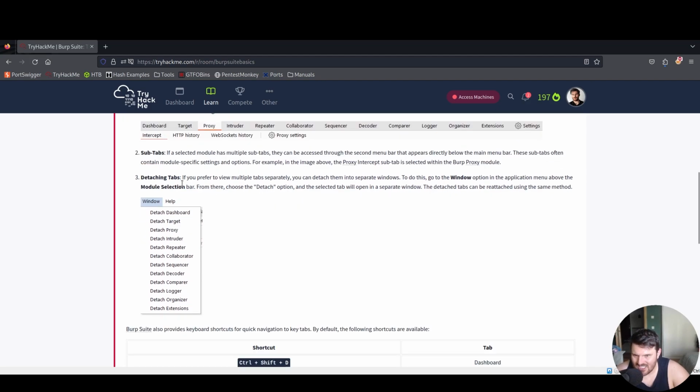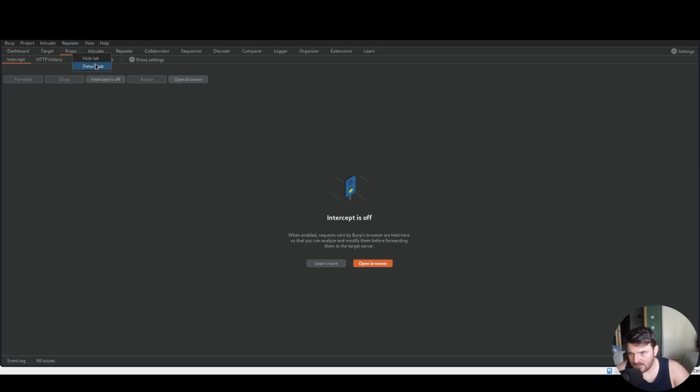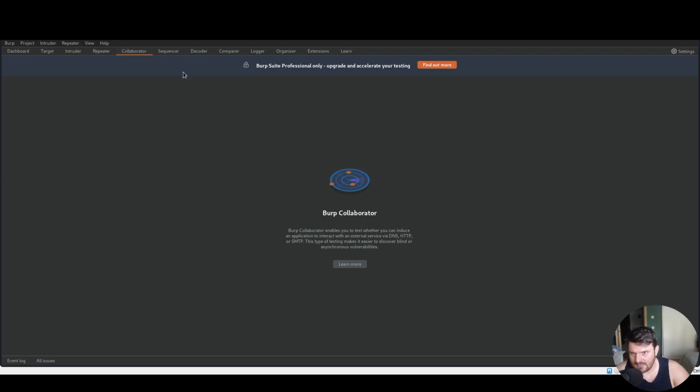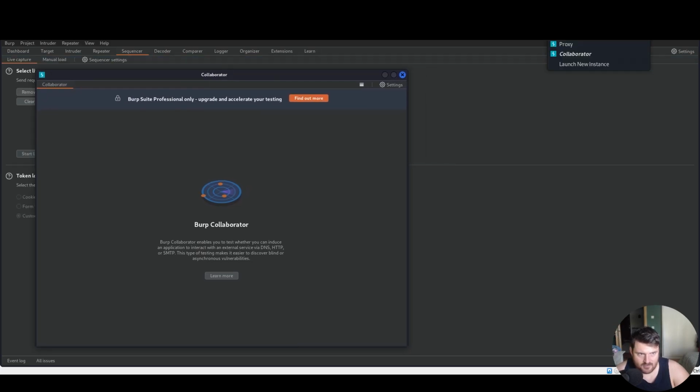Detaching tabs. If you prefer to view multiple tabs separately, you can detach them into separate windows. To do this, go to Window Options in the application menu above the module selection bar. From there, choose the detach option and the selected tab will open in a separate window. The detached tabs can be reattached using the same method. So if we go here, we go to proxy, detach tab, boom, we have the proxy here. We go to collaborator, detach this, and we have three